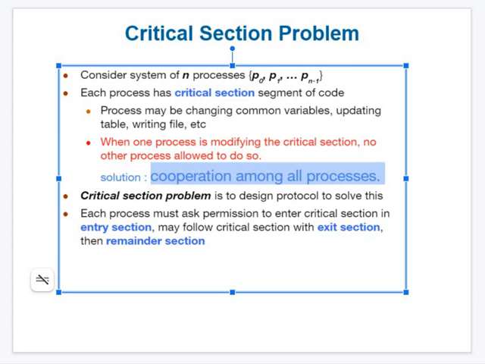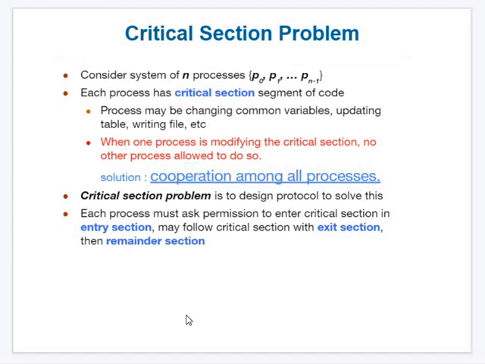So what do you mean by friend? It means the processes cooperate among themselves. If you are all friends, what do you do? Some students will come and take OS, another group will come and take the ARM subject, and so on. Once the date comes, you may exchange among yourselves only. That is a good kind of cooperation. So is it possible in a computer also? No, not at all possible.